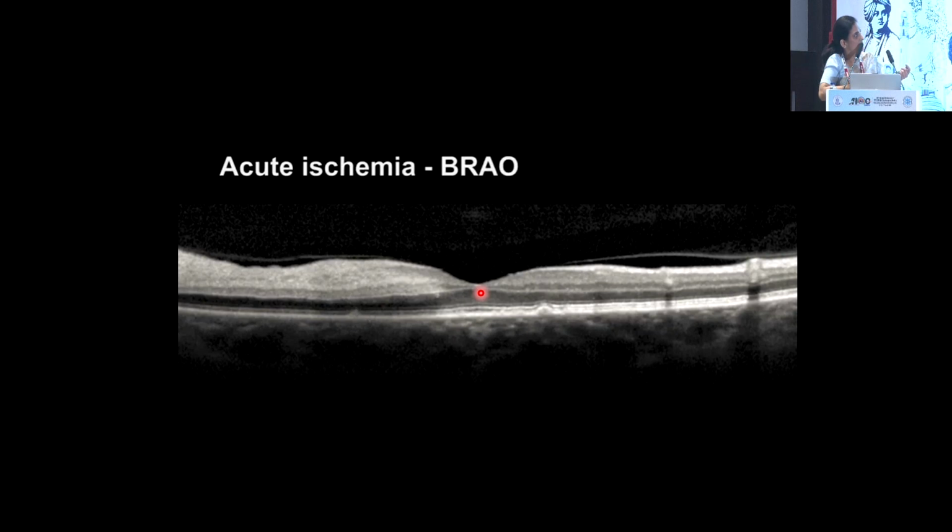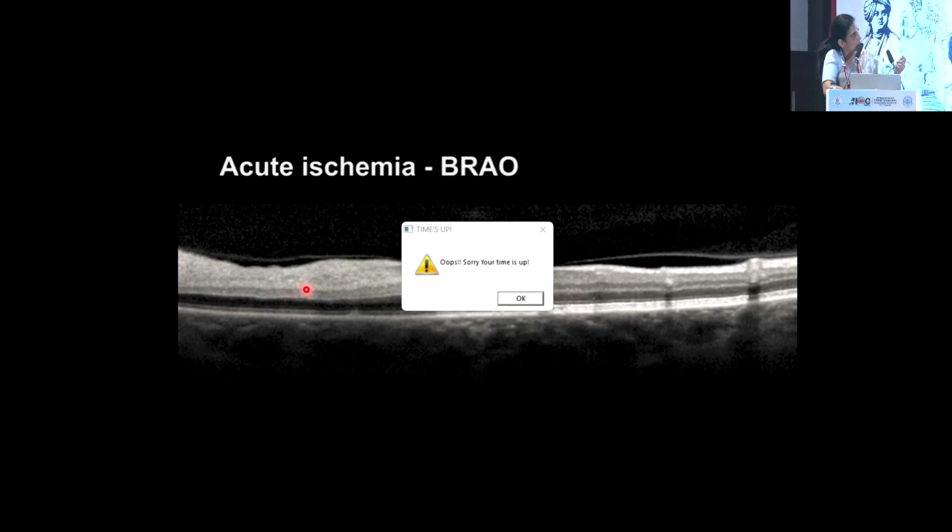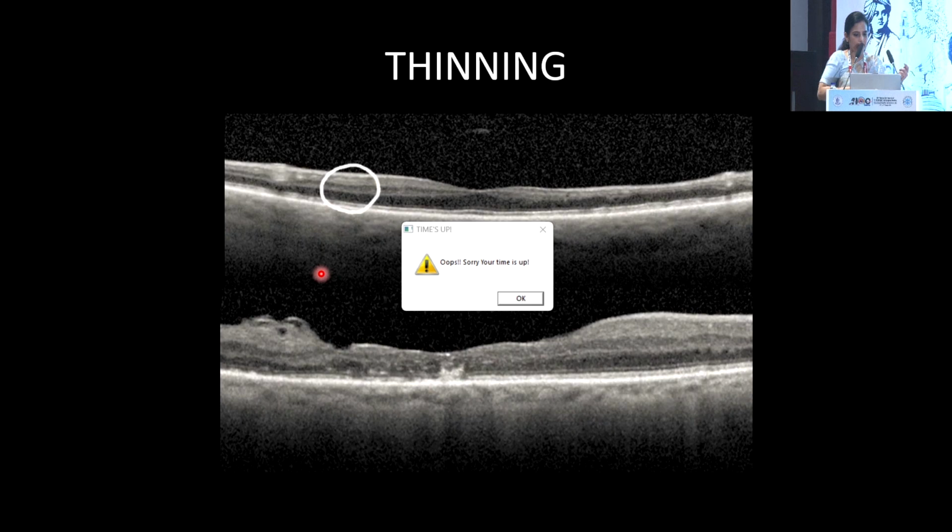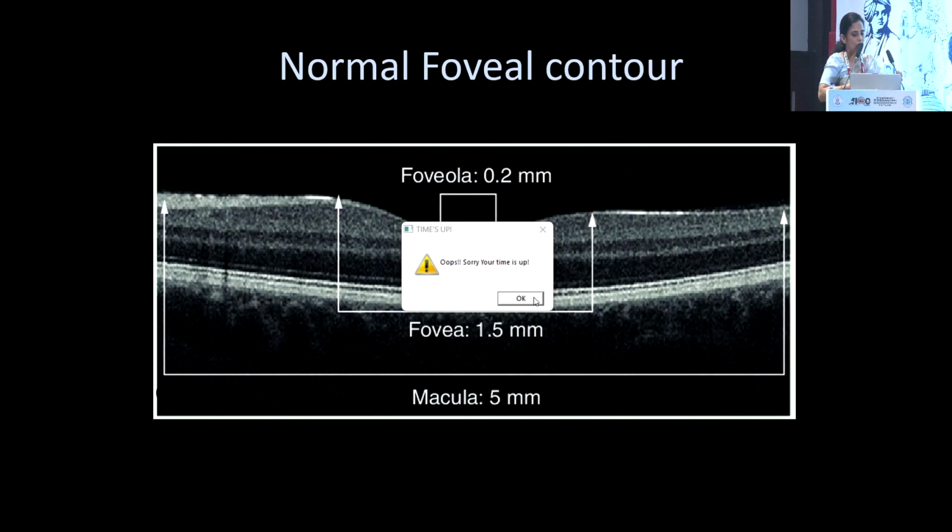So this is a branch retinal artery occlusion. Again, this is a typical picture of an arteriolar occlusion, where you see this dark area here due to ischemia, as compared to that side, since it's a branch occlusion. This is a very typical picture. Whenever you see this, so thinning, again, you see on one side, this is the normal side, the side which is circled, and the other side is thinned out. That also you can see on the OCT.